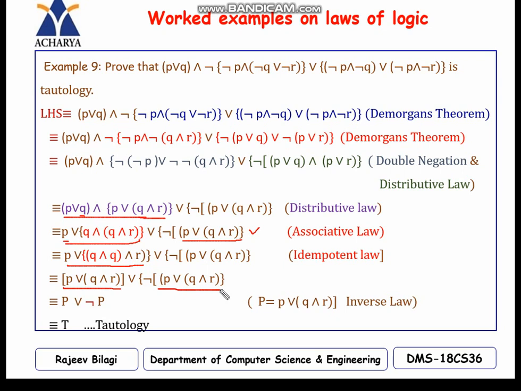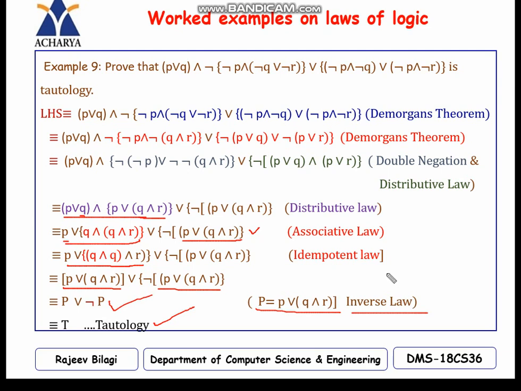So now with this, if I simplify this, P, R, Q and R, R operator, negation of the same thing I have written. If you look at this statement, P, R, Q, R is the same here also. So if I consider this as P, PR negation of P. By simplifying this, I will get PR negation of P, which is equal to T, which is a tautology, and this is your inverse law. So this is how I am going to prove this as a tautology.